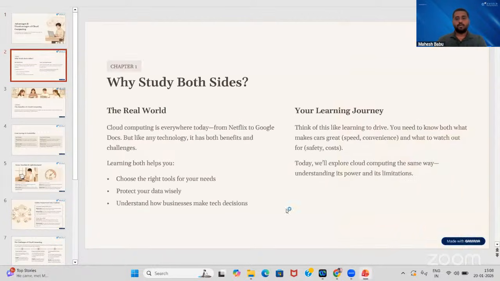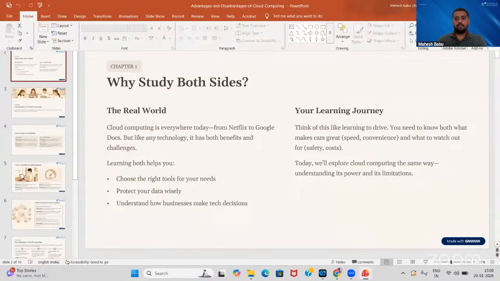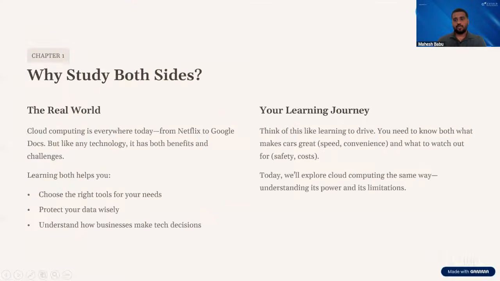Whenever I talk about a specific thing, I have to think from both sides. I should not focus only on one aspect. I have to focus on both the advantages part and the disadvantages part. So, the real world and your learning journey: we know that cloud is everywhere, and we can access cloud resources from anywhere, from Netflix to Google Docs.